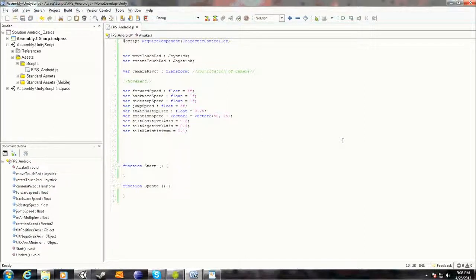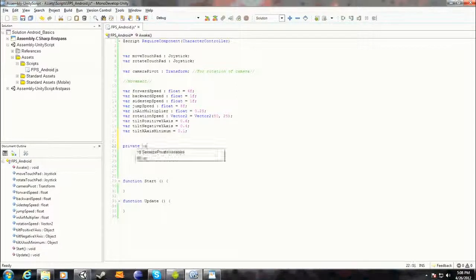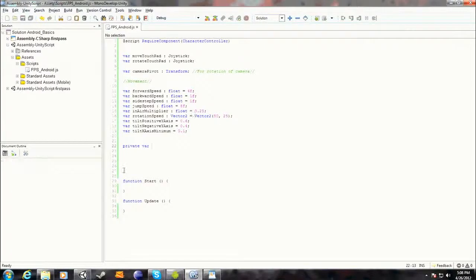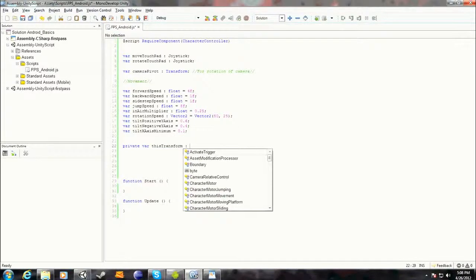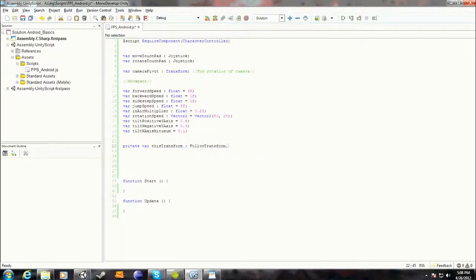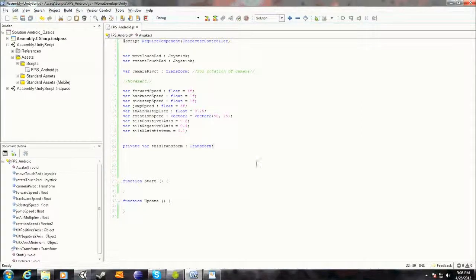Okay, so now we're going to do some private variables. Remember, these can only be used within this script. You can't call it from outside of other scripts. So you want to go this transform will be a transform, not a follow transform. I always press up or down, hit that, equals a transform. You want a private